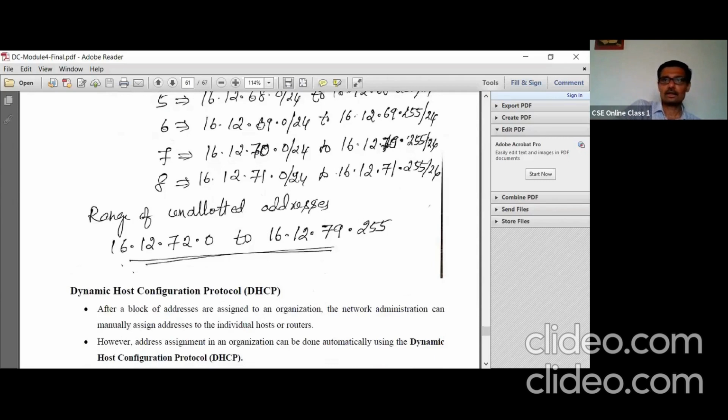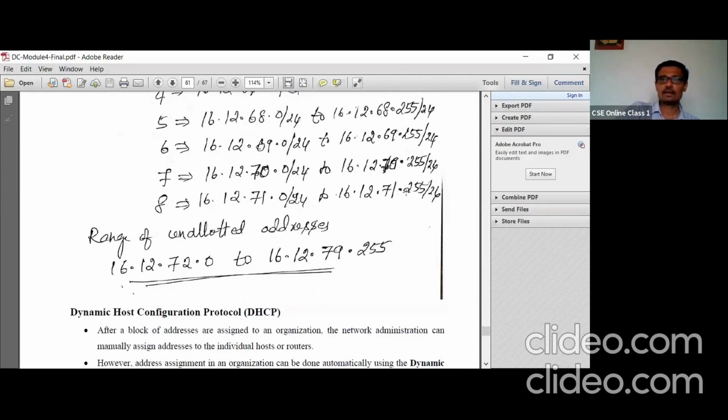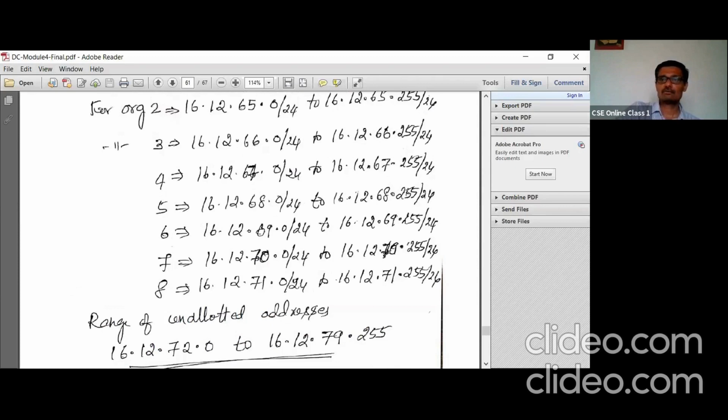So this is about IPv4 addresses, the classless scheme, the classful scheme, and the design of subnets. Now let us continue and go to the next topic.